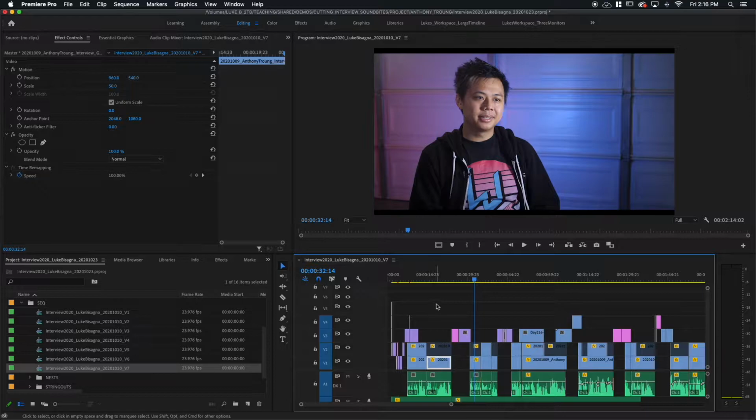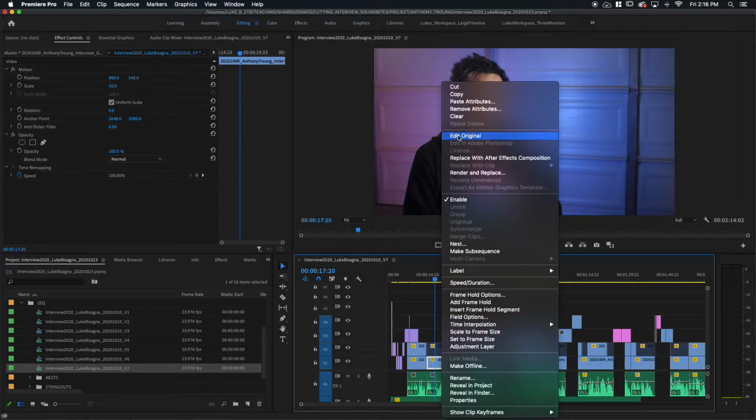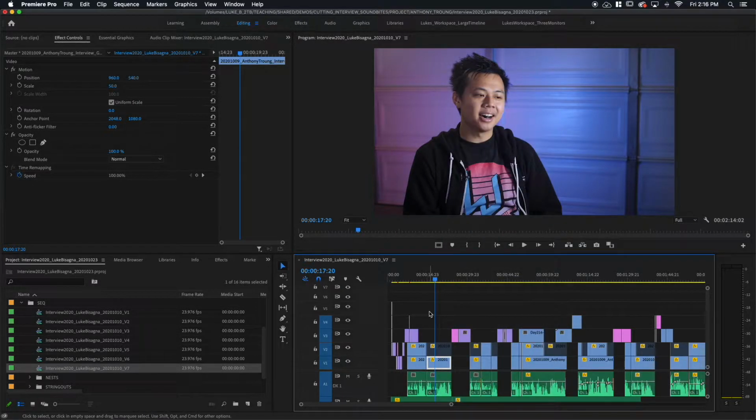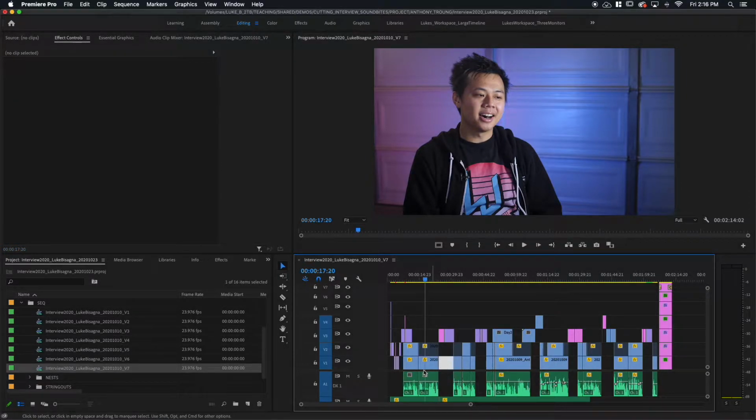Now I don't want to go through my entire video and do this to every single clip. I'd rather just copy and paste this, and that's totally possible. So what I'm going to do is with the clip selected, right click on it and choose copy. And then I'm going to zoom to the length of my sequence, and I'm going to select all the rest of the clips downstream here, plus the first one, just holding down Shift.